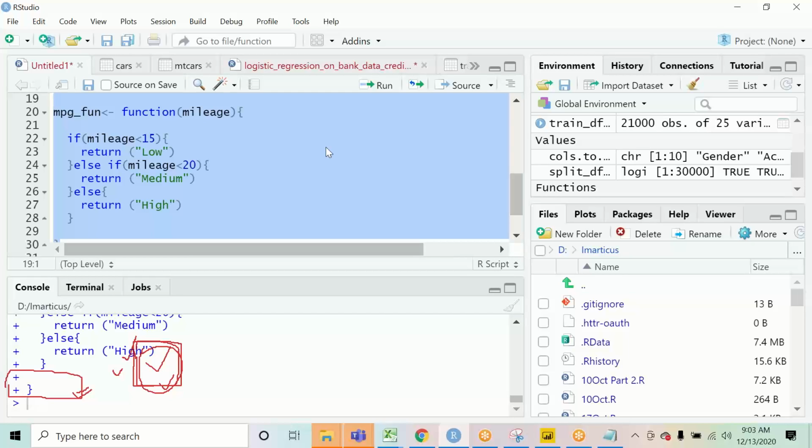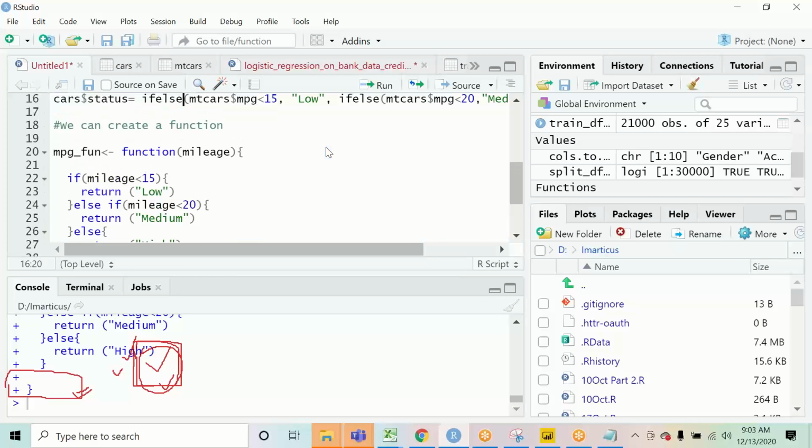So, Raghav, your question is whether there is a scenario where this condition can fail, because values less than 15 can also be less than 20? No. When the conditions are checked, the if logic works like this: first it will check the first condition.